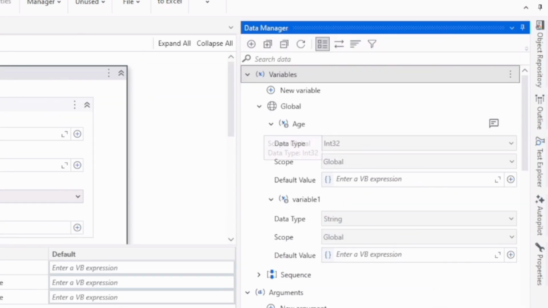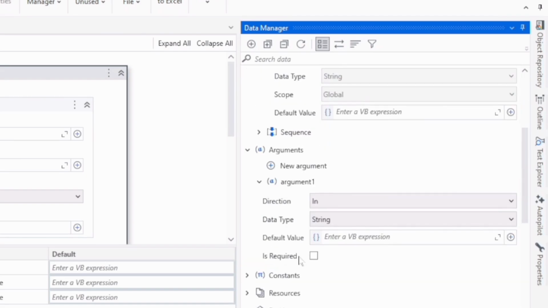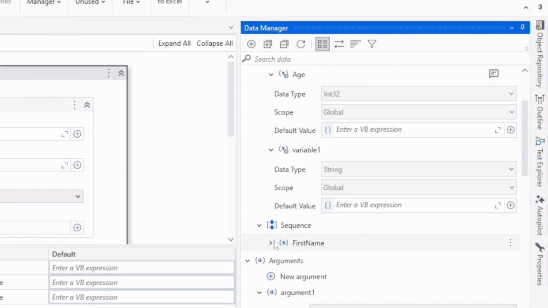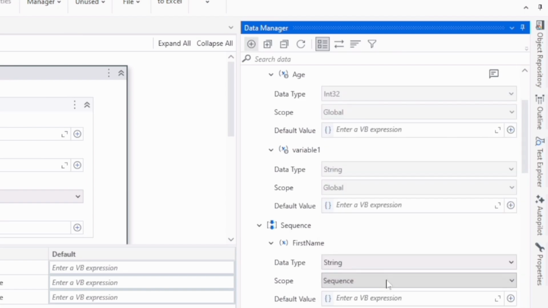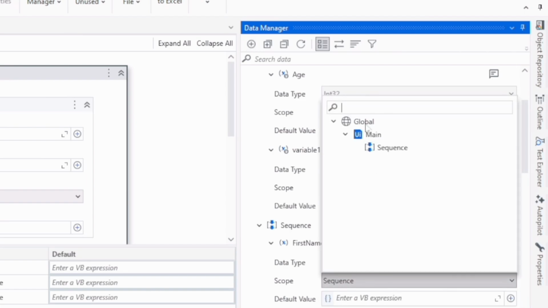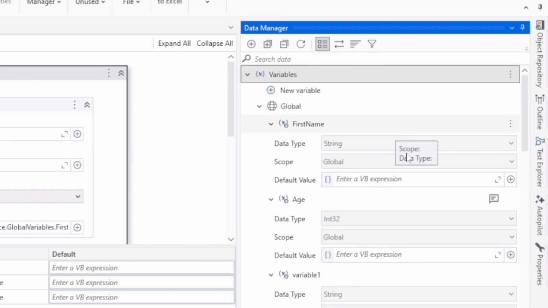Now first name also, if I go to sequence first name, and here I'll select the scope as global. Now all the three variables are global. So I will click on refresh,